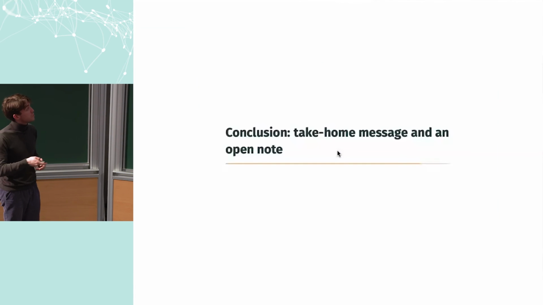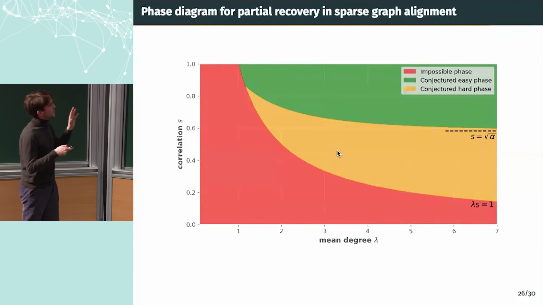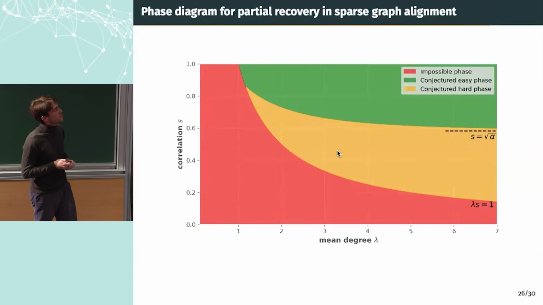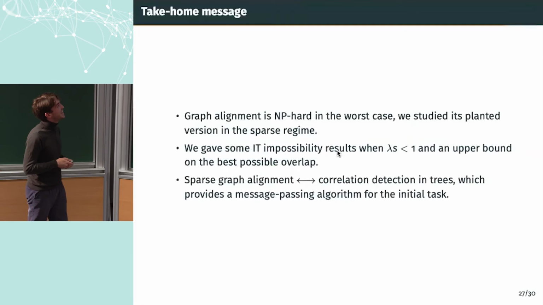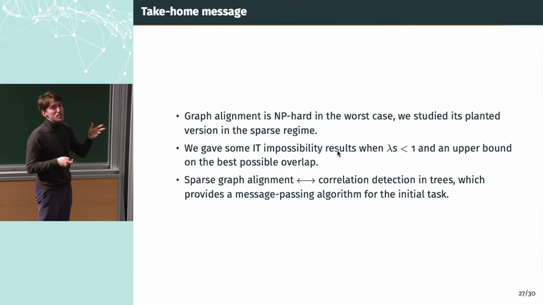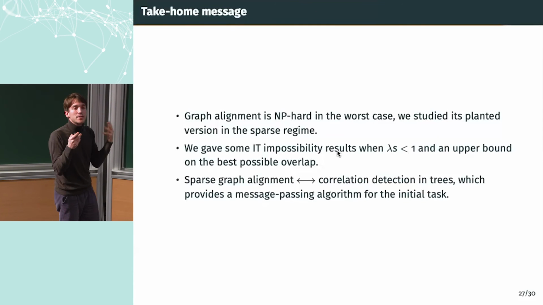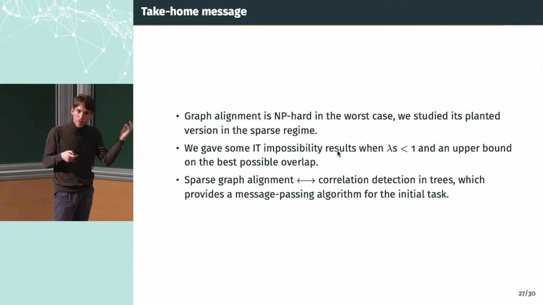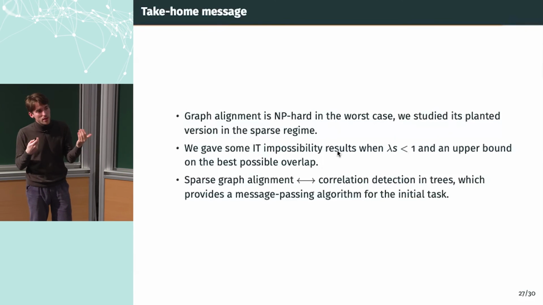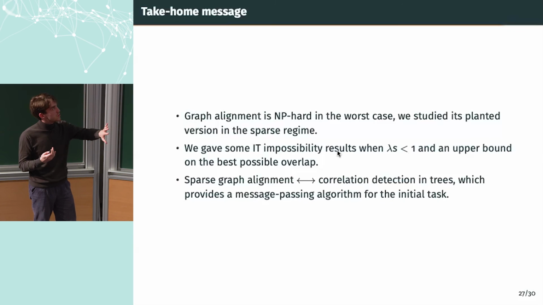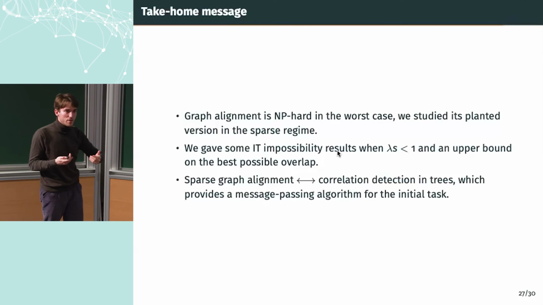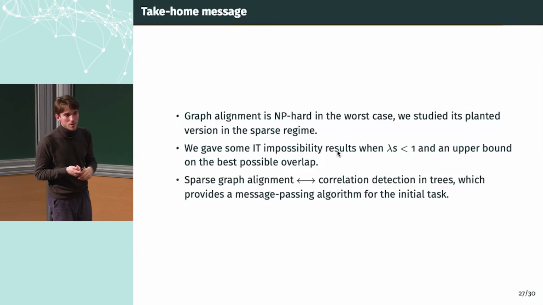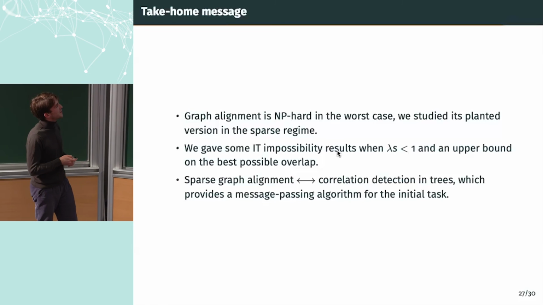I don't know how much time I have left. So I just want to give a few take-home messages maybe before lunch. Graph alignment in this talk is thought of as an example of what people do in inference on random graphs. I presented two different types of questions, the information theory results and the computational results. All of them require, of course, some technical proofs that I alluded to in this talk.